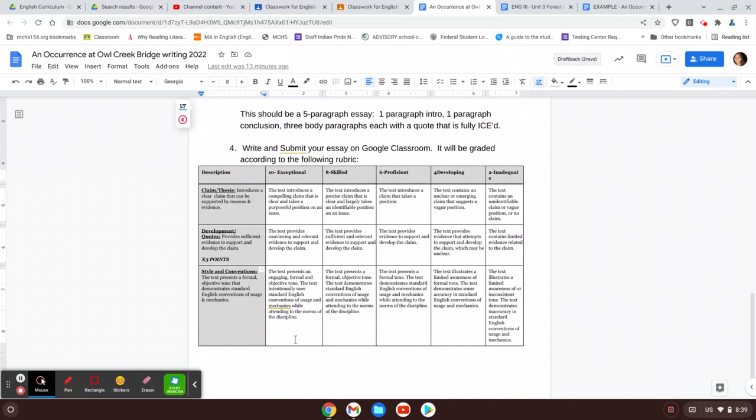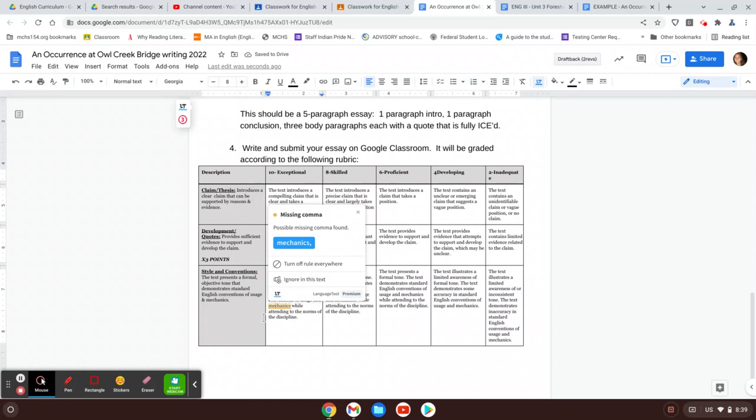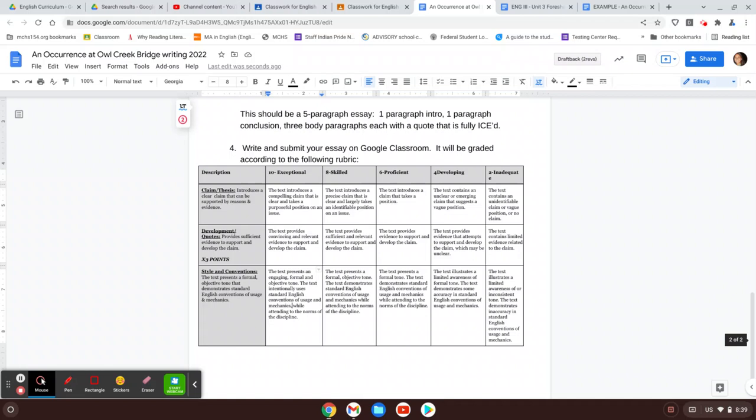And then finally, style and conventions. You guys can even see on my paper here, I've got these underlined things that are telling me I've got problems with this. All right, so that should be capitalized. If you're going to get a good grade on this part, you really should make sure that you are going through and using the language tool that is automatic on all of your Google Docs. Okay, so no slang, no shoulda, coulda, woulda, no she's a hoe, he's a hoe, whatever. You're just making a good piece of writing. This should be like the example of your best writing that you can produce.